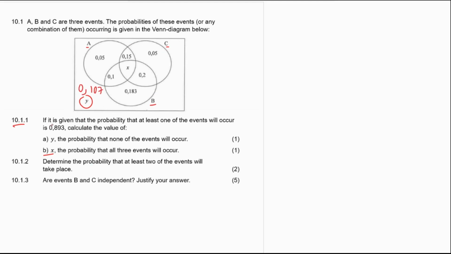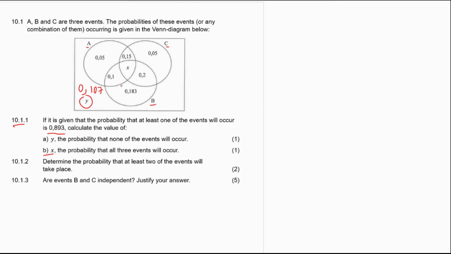0,107. If it is given that the probability that at least one of the events will occur is 0,893, calculate the value of X, the probability that all the three events will occur. So we discussed this in the previous question. We said that the probability of at least one event occurring is represented by the space in all these circles